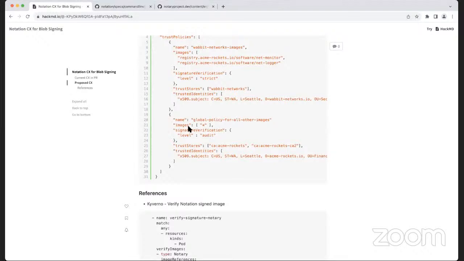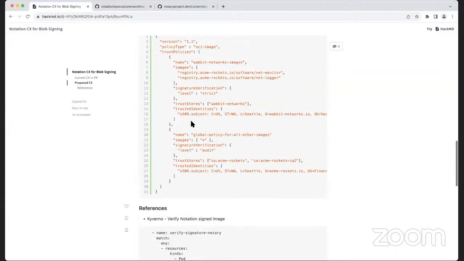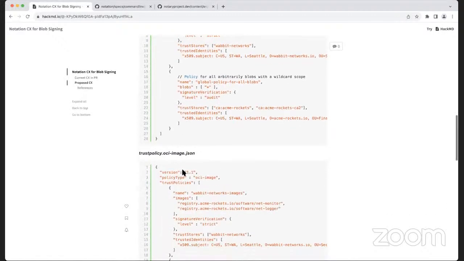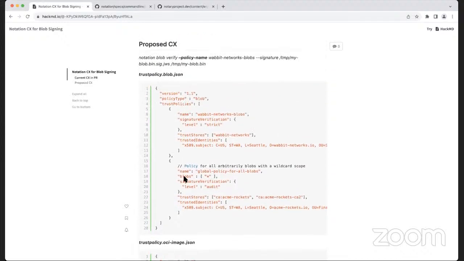Similarly here, this is equivalent to registry scope star, right? So this is the global policy. In this case, blobs is not really required. I'll propose alternates here. I just tried to keep the language kind of similar. It can just be a flag and the blobs can be dropped.